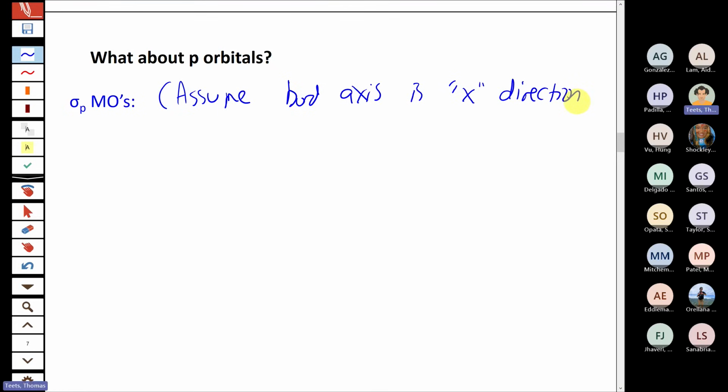So what that means is that if we have 2 p orbitals directly pointed at each other in the x direction, so remember that the p orbitals, there's always going to be a set of 3, px, py, and pz. So the 2 that are oriented in the x direction right along the bond can combine in the same way that the 1s orbitals combine to make sigma and sigma star. So you have px combining in phase with px would allow you to make a sigma bonding orbital.